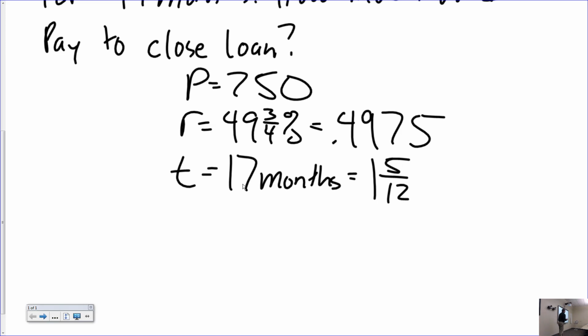Should we leave it like that? Yeah, because then you use a little button on the calculator. My advice, folks, is to leave it as an improper fraction. It's just easier to deal with, okay? It's less punching buttons on the calculator. You are going to work with this on your calculator. If you want, you can tell me that that's